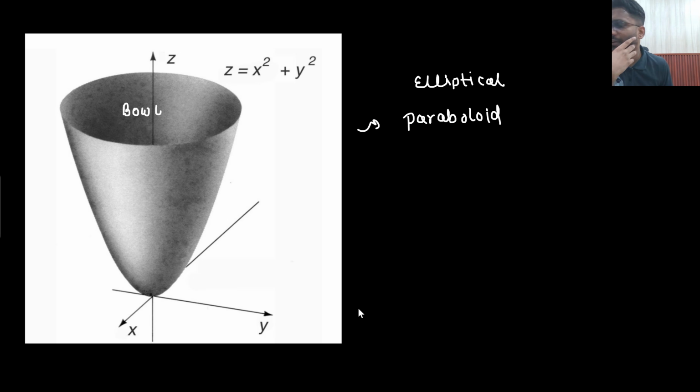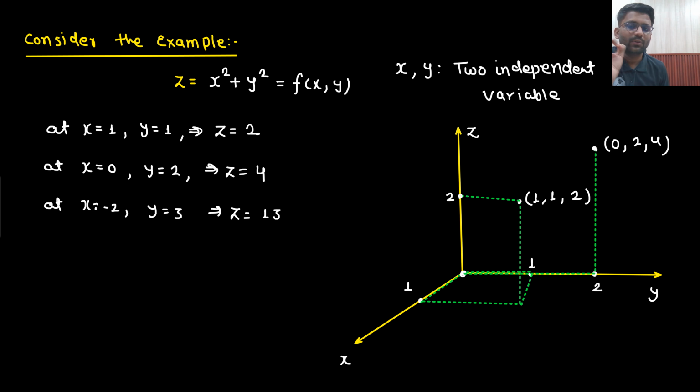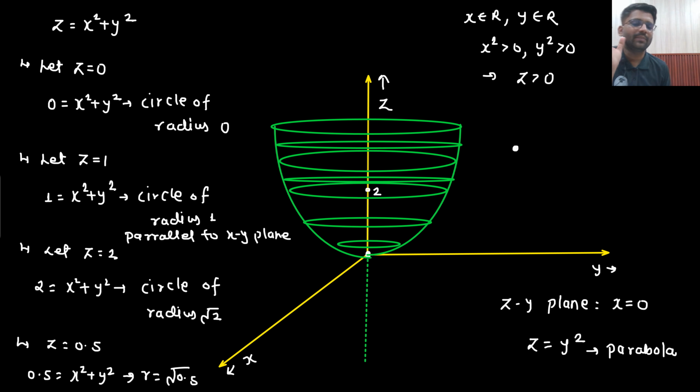We do not have a bowl as of now. Otherwise, like in this picture, it is completely clear what kind of bowl is there. So what is it known as? Elliptical paraboloid. Is that clear? We will see more structures, but not as of now. Later on we will see how to plot these kinds of graphs. But as of now, I wanted to tell you only one graph so that you can understand the meaning of a